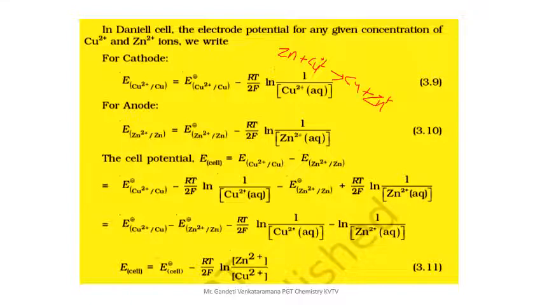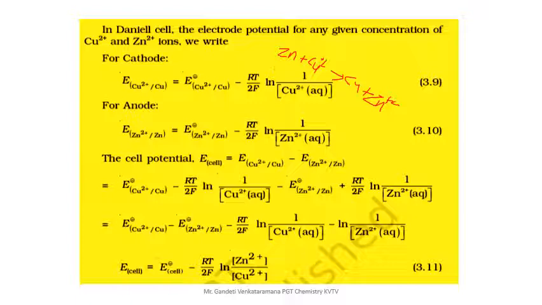Generally this is the Daniell cell reaction: zinc plus copper 2 plus gives rise to copper plus zinc 2 plus. Clear? So finally, students, I would like to show you directly